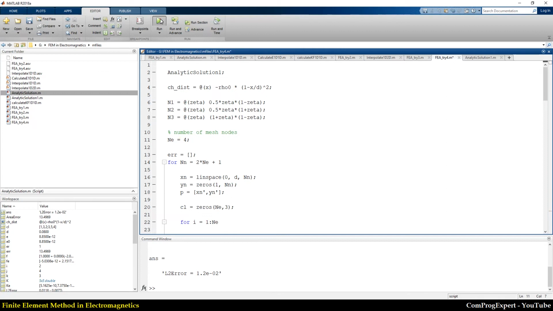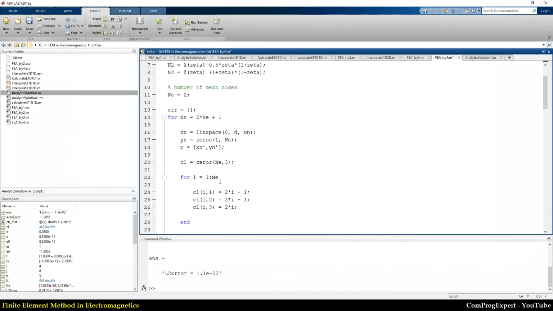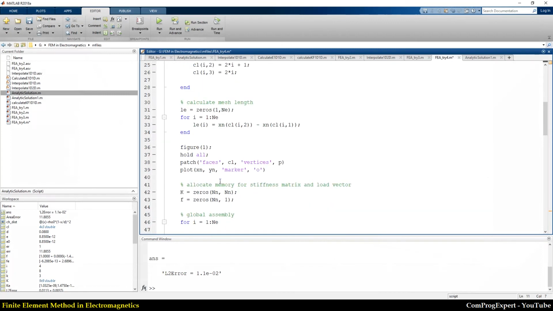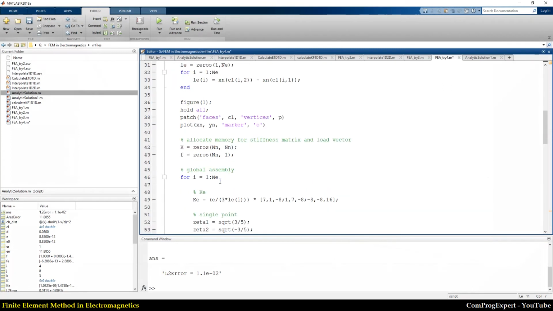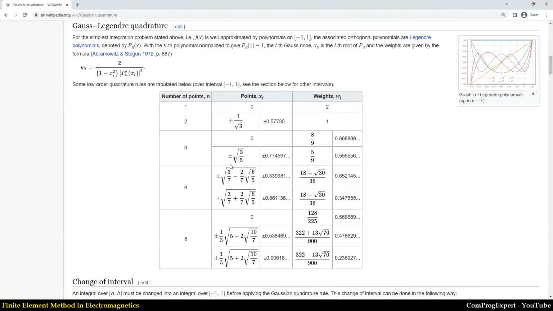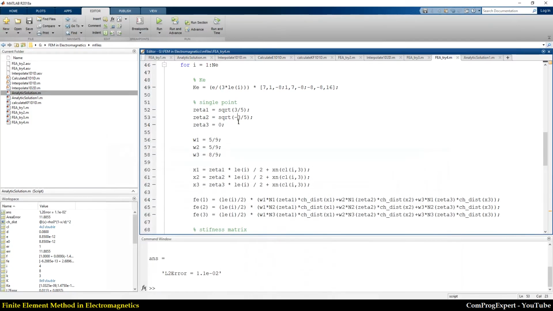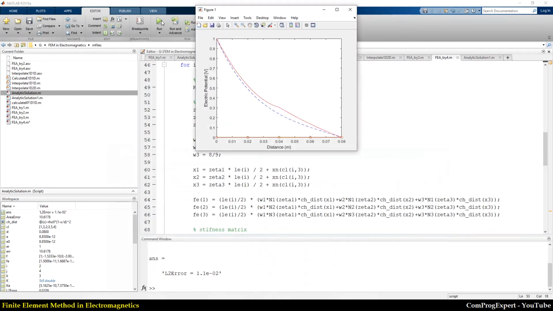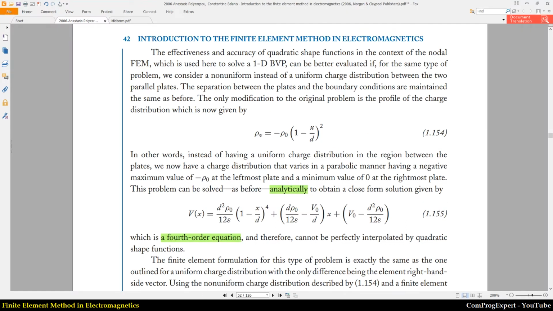What if I use 4 elements? No, we are not close to the exact solution. This is minus, so minus SQRT here, right? Let's